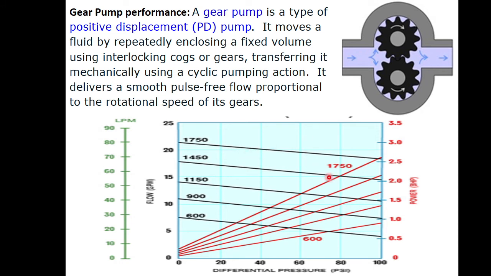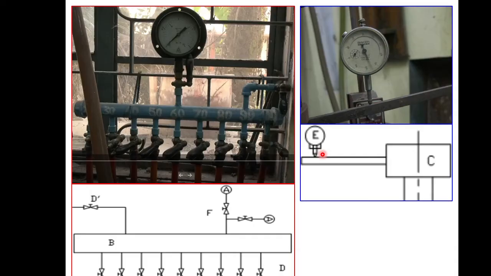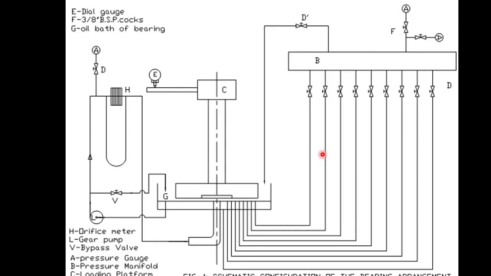This is only the pump performance curve. Clear? Where is the system characteristic curve? Where will it come from? This full path will give us the system characteristic curve. Understand? Fluid flowing through this path has some resistance value. This orifice meter has some resistance value here in the path.